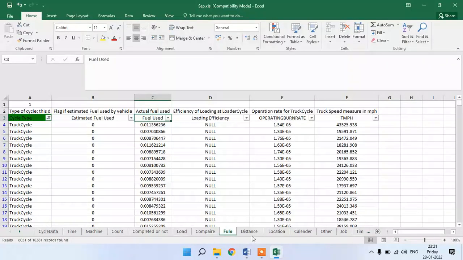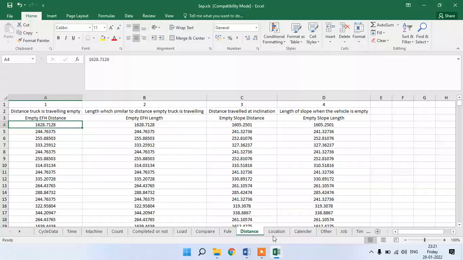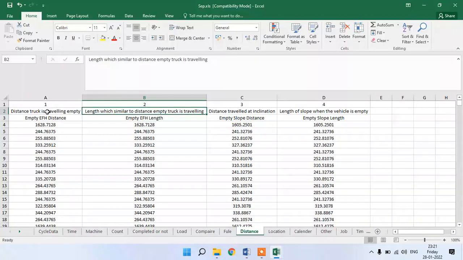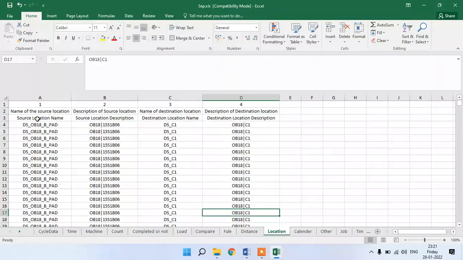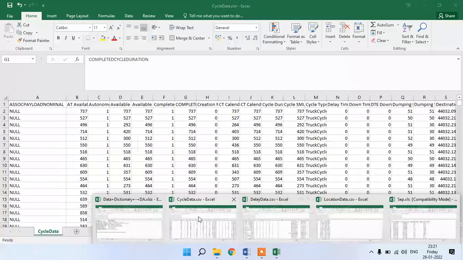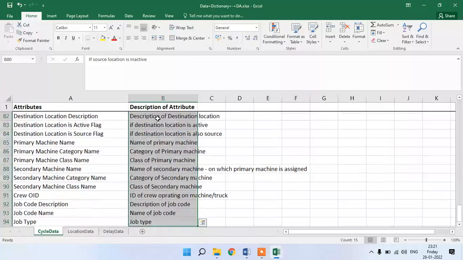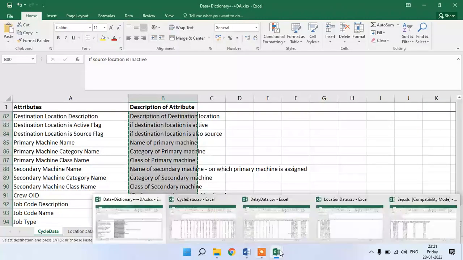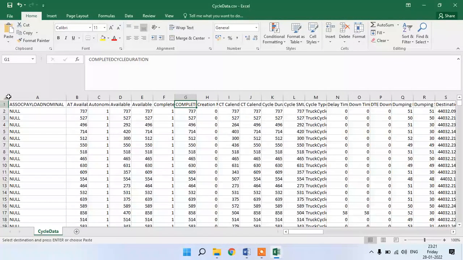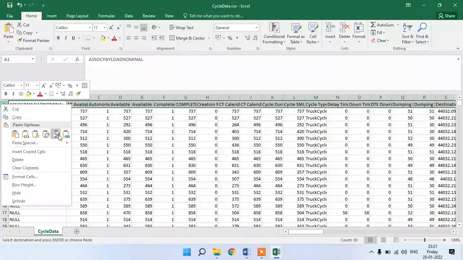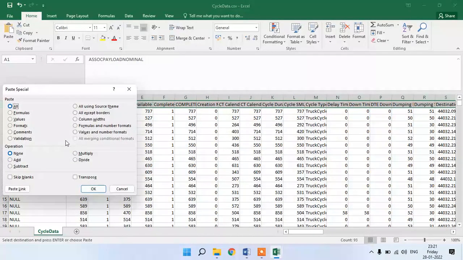Then the distances columns are there, and then the locations are there. What I did is I copied this column. See here, I copied this one, Control C, and then I pasted it here using paste special, then transpose.